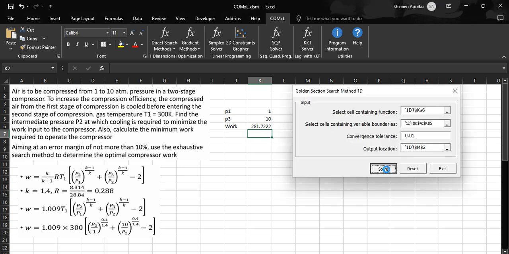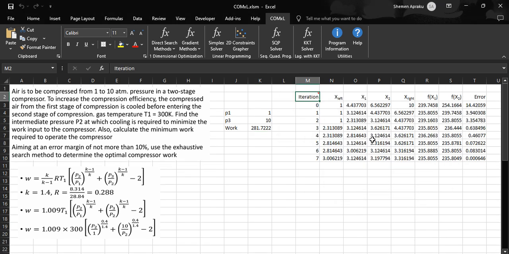So I come here, I select the values of P1 and P3, and the output location, so where the output should be. So I'll put that one over here. So let's put the output of the golden section method here. So if we click on solve,